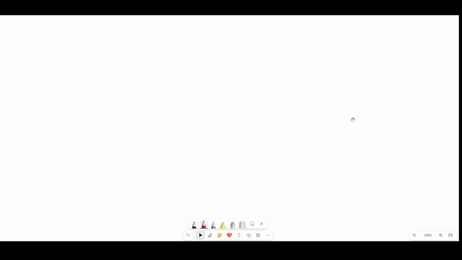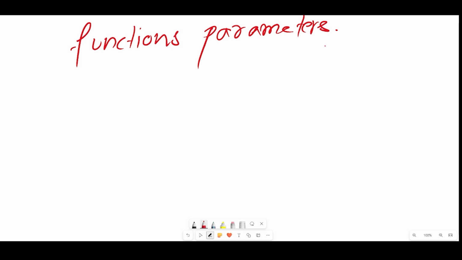Welcome back. In the previous lesson, we saw how a function works and we saw an introduction to functions. Moreover, we saw the implementation of a function in a program. Today, we're moving one step forward. We'll do function parameters. This will continue from the previous lesson only. It is related to functions only.